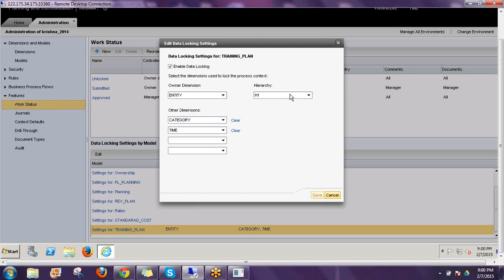So that is how we use owner and hierarchy. And there is another thing called other dimensions. So when I am saying data locking by model, suppose I am submitting my data,